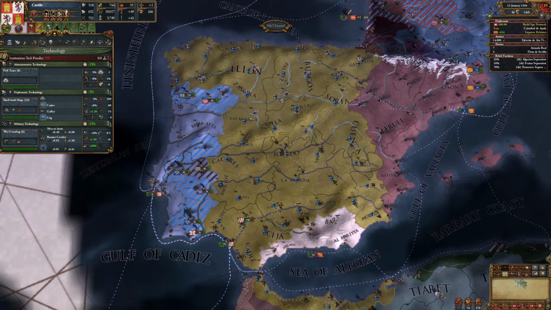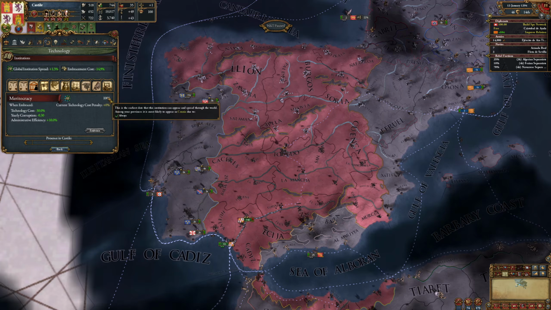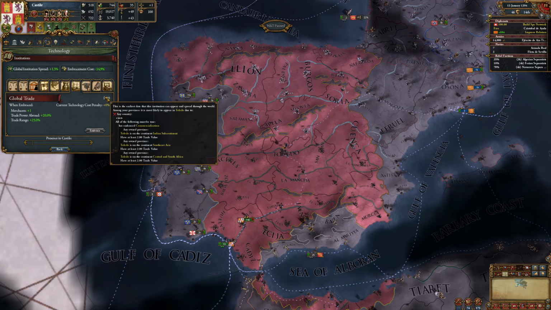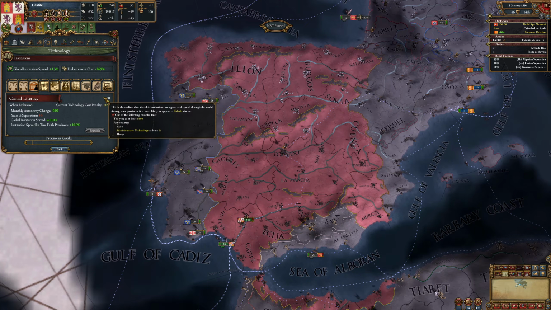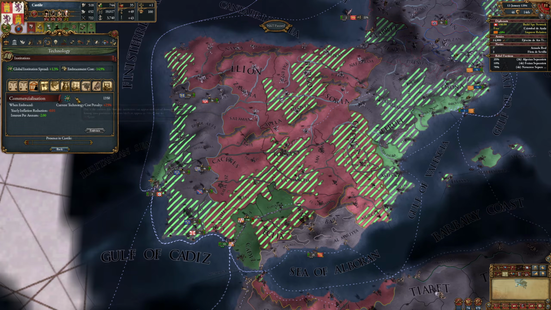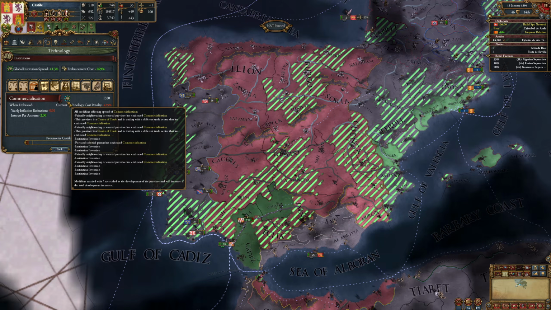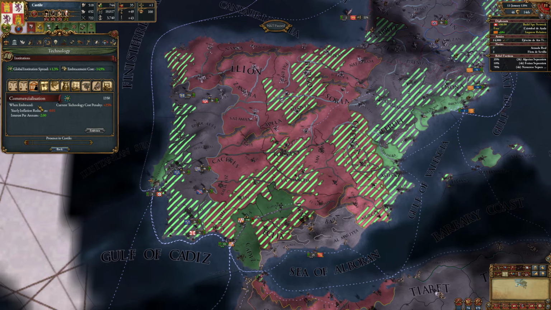Nice and simple. You can also see that they each have years when they cannot be invented before, as well as what will cause it to begin and spread. So for example, casual literacy will begin and spread in the year 1500, as well as one country exists that has the administrative tech of 21. Nice and simple. You can also see spread modifiers in here, but it's not really very readable, so I wouldn't worry about that too much.